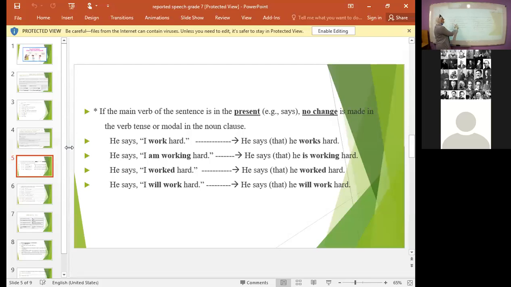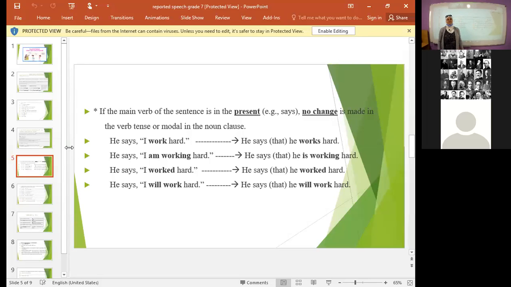Okay, he says, "I am working hard." He says that he's working hard. I didn't change the tense. The same time of speaking. He says, "I worked hard." He says that he worked hard. Don't change the tense. He says, "I will work hard." He says he will work hard. Why here don't we change the tense? Because the main verb is in the present. But if I have "he said," that means he said this previously,